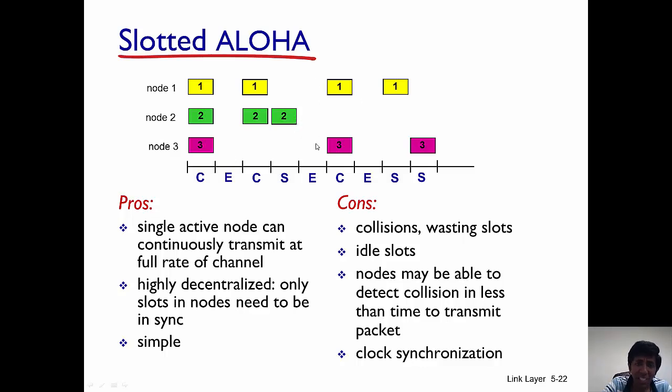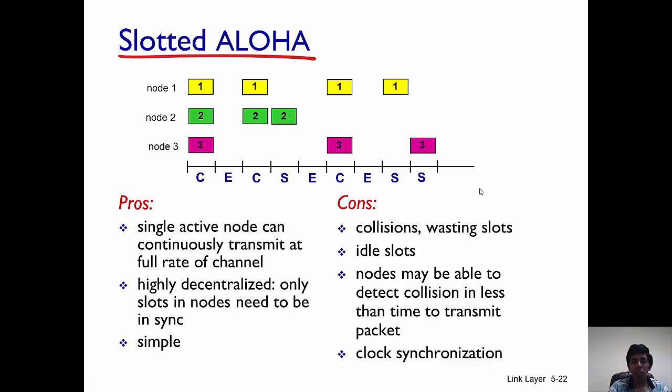Now, in this time slot, 1 and 3 choose not to transmit again. And then what happens is both choose to transmit again at the same time. So there is another collision. Then in this E here, 1 and 3 again choose not to transmit. Then 1 chooses to transmit, 3 does not choose to transmit in this slot. So the transmission is successful, and in the subsequent time slot, 3 chooses to transmit, and that transmission is successful as well.